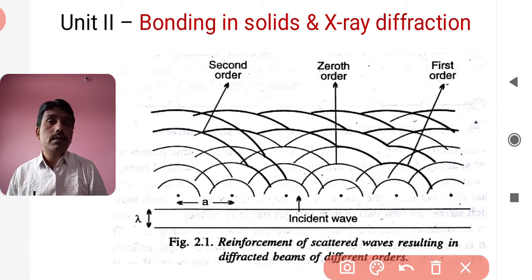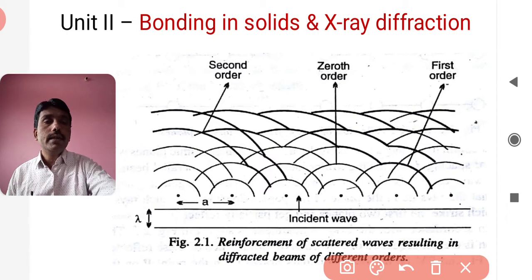That basically we will see in detail, but right now we are focusing on x-ray diffraction. Now in this case, if you look at the wavelets here,